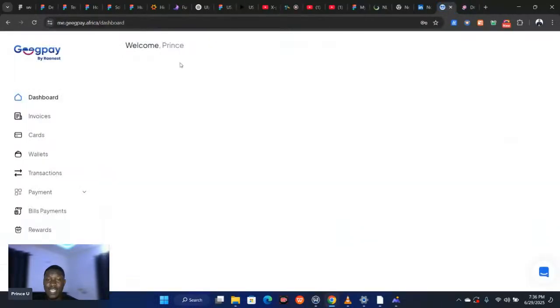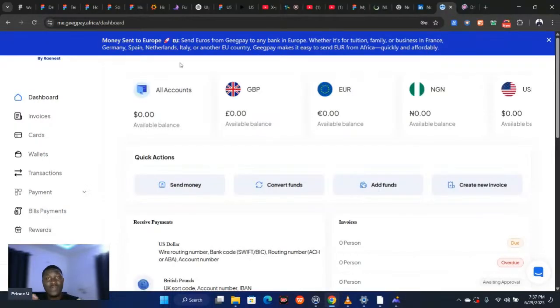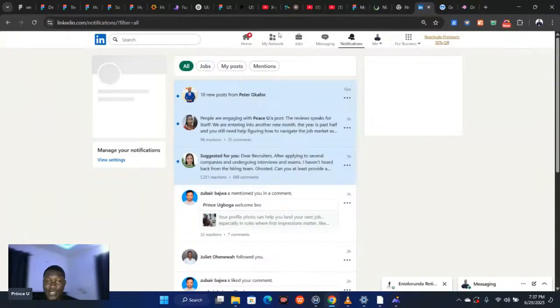So my Geekpay is up now. You can see welcome. So look at this, it depends on the function of that product you are building. Look at this one now. You can see the navigation is on the side bar. Type yes if you can see. So unlike LinkedIn that has navigation at the top, like the main navigation,